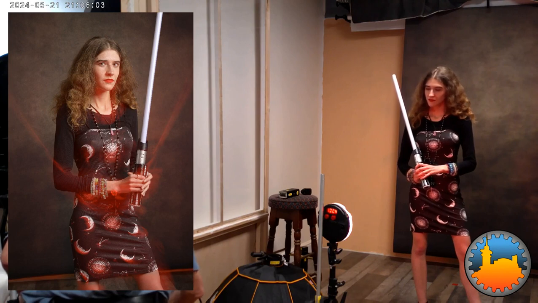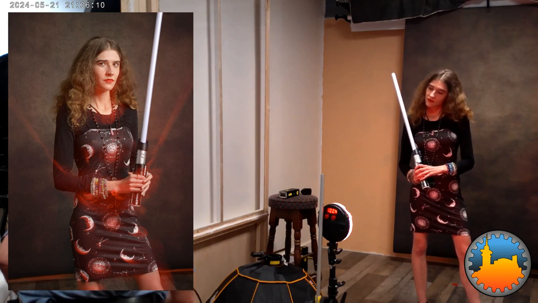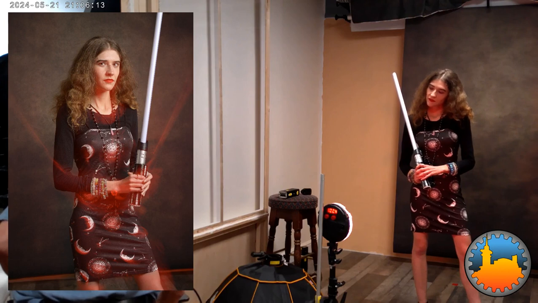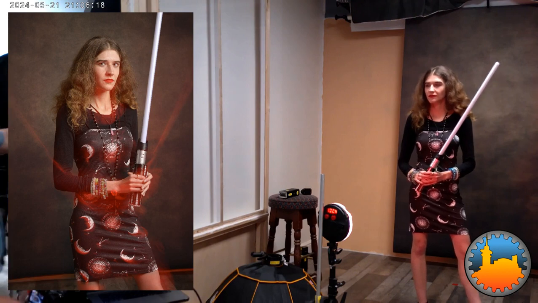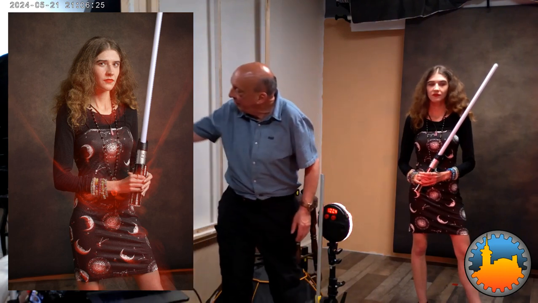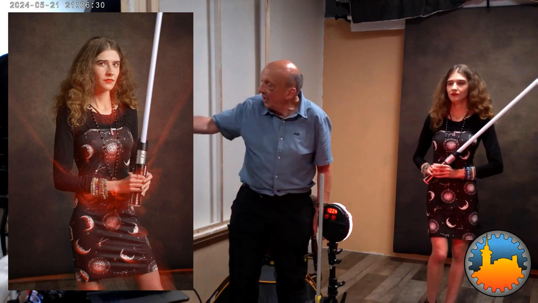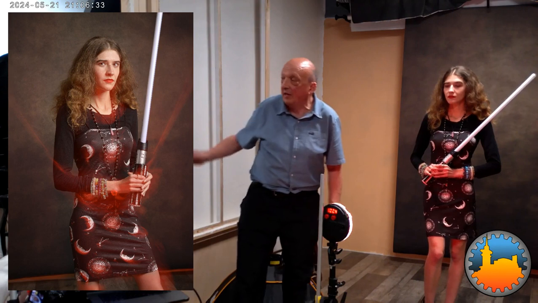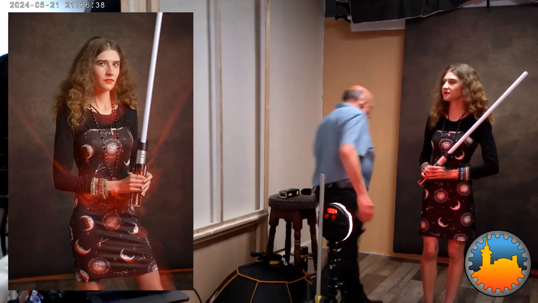So what you can see is you're seeing some of the image from the flash and some of the image from the continuous light source. What you're doing now is working out how to edit that. So if I now show that to Shannon, what you'll see is that